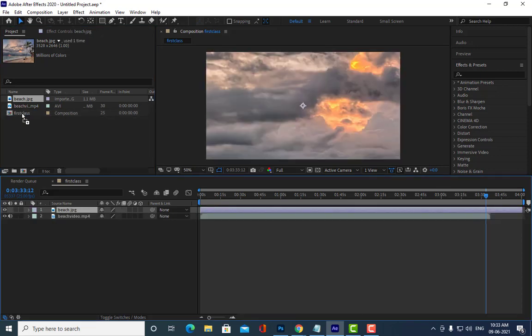See, this is our image, but you can see the difference. Okay, you can see the difference between image and video. See, the image is able to extend till the end of our composition. Are you all getting my point? Image adjusted till the end of the composition. Okay, but our video did not extend till the end of our composition. Are you all getting my point? Yes, sir.